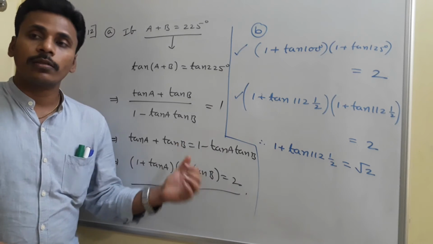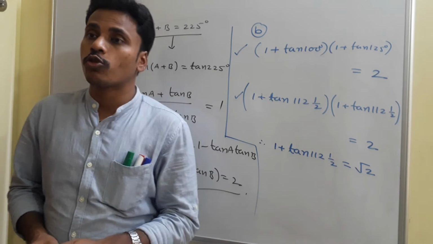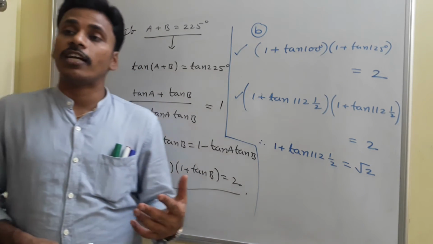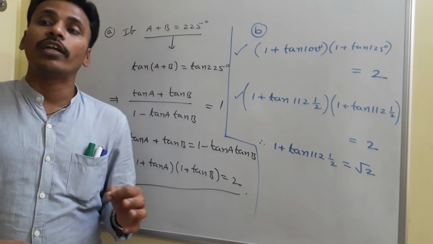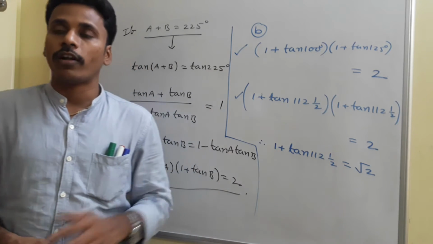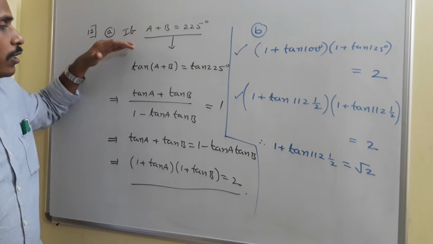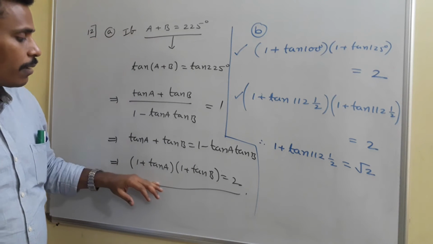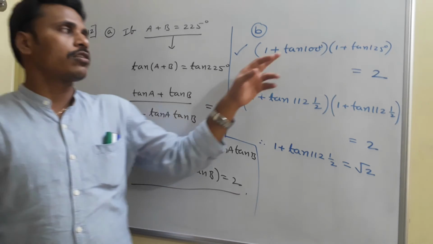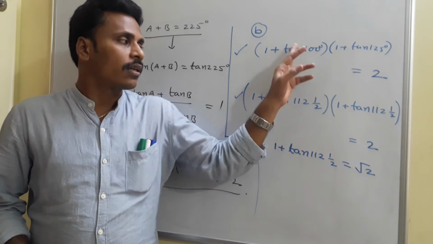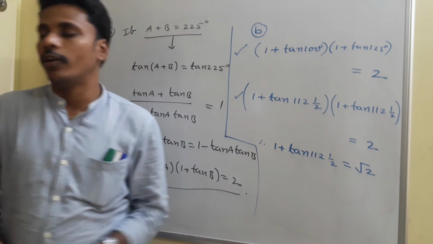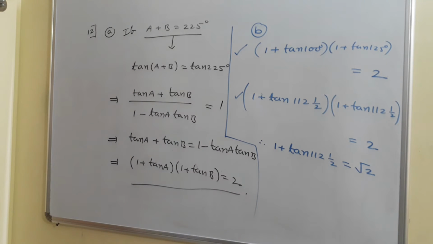Similar to this, from the above case, if a plus b is equal to 45, there again I have a chance to identify tan 22 and a half degrees because it is half of 45, right? You try that. And here, if a plus b is equal to 225, again I have the same result as in the previous case. Using that, it is easy for us to answer these types of questions. Just have a look and go with the screenshot.